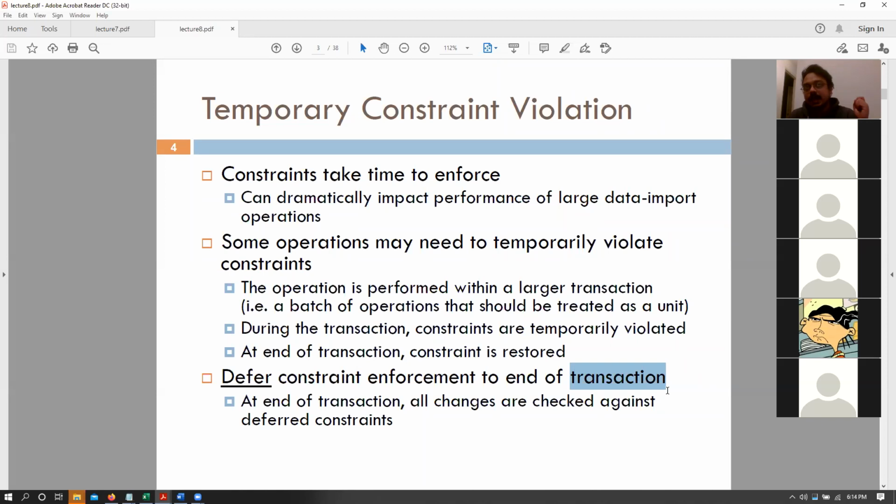But essentially, these allow us to say that it's an all or nothing sort of scenario where either all instructions are executed or none of them are. So if the user stops interacting with the database midway through, we can just unroll that entire set of instructions and go back to the previous state, right? So in such scenarios, you can also imagine that if we have multiple insert statements or multiple queries, we would like to defer those constraints or defer the constraint enforcement for a bit later, right?